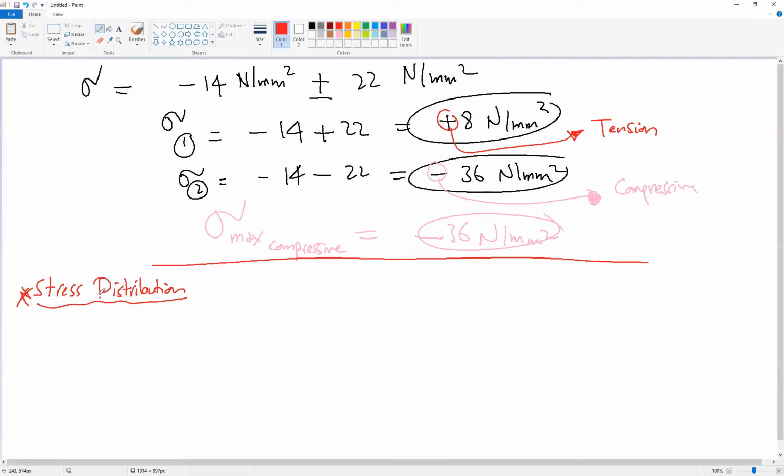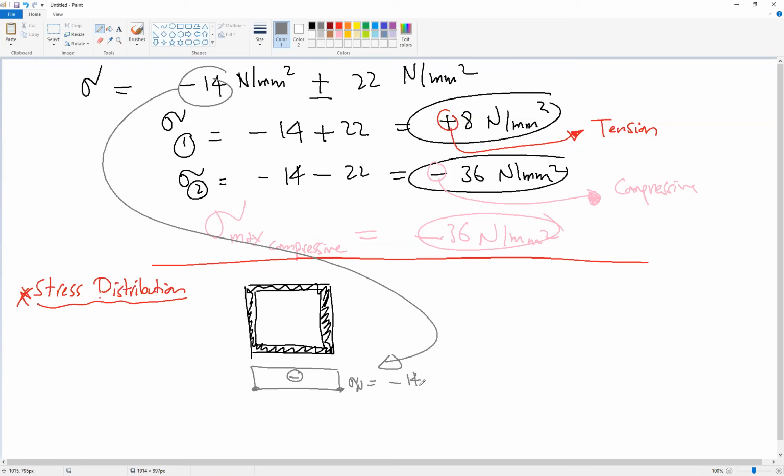If you want to draw the stress distribution here, so if this is our cross section, the stress distribution due to normal force will be, I will put it in this direction, negative sigma n, which is this value, negative 14 MPa. Okay, for moment,